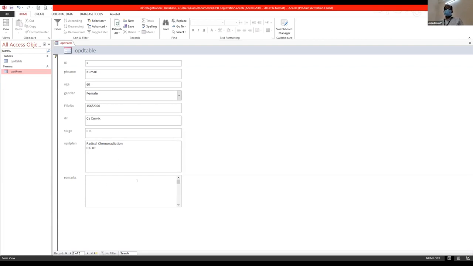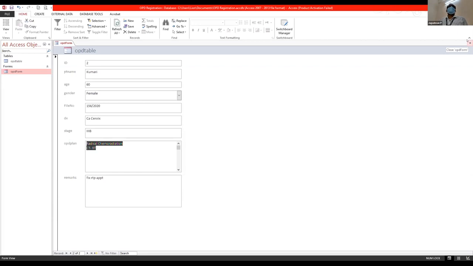Similarly, in remarks, we're going to fix an appointment, fix an RT appointment. This is just for our own record. Fine, it's automatically saved. You don't have to click the save button. The moment you click inside the field or you close this one, everything gets automatically saved. But if you want to be safer, you can click the save button to be much more safe.